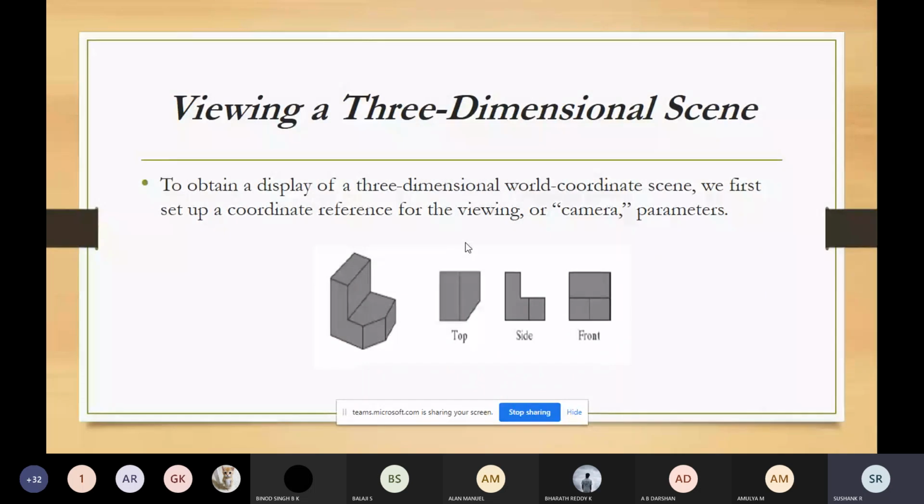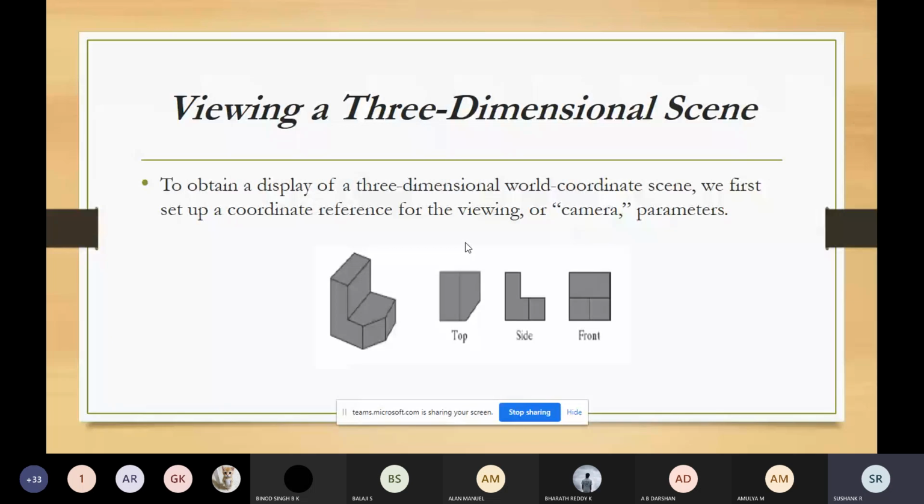If you're looking at the objects, the lines along the viewing direction will appear to converge at some point, at some distance. So this is regarding the perspective projection.